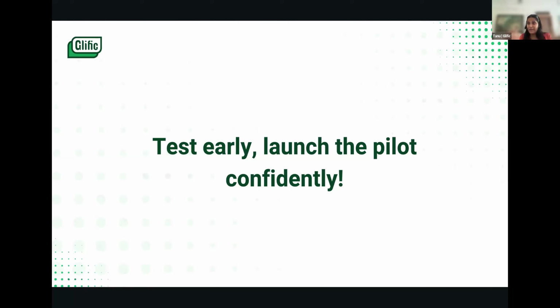So especially if possible at that time, you could send it out to your on-ground team, because they are the people who are closest to your end users, right? You might think that bolding a lot of words in the messages will grab their attention, but it's very possible that you receive feedback from your on-ground team that no, that's actually putting them off. We have seen them get put off when they have seen some other messages on the chatbot. So things like that are something your on-ground team can highlight very well, right?